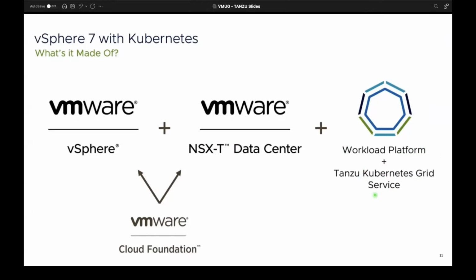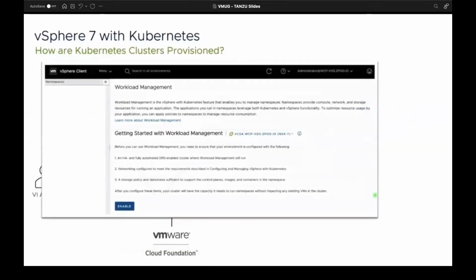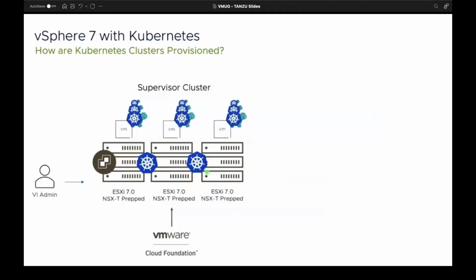So that is what vSphere 7 with Kubernetes is, and how we start with this is, as a VI admin, as a VMware admin, from the infrastructure point of view, we have an option of enabling workload management in the UI itself, in the HTML5 client. When we do this, it creates a supervisor cluster on top of our NSX-prepared ESXi clusters.